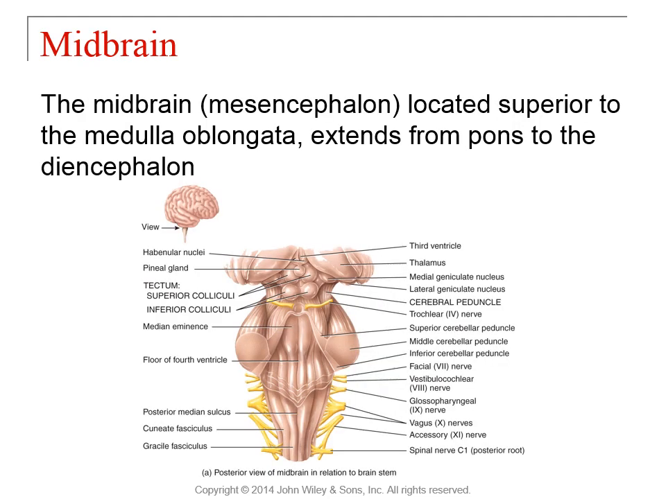So the midbrain, also known as the mesencephalon, is going to be just superior to the medulla oblongata and extend off of the pons through the diencephalon. So it's going to have a lot of different structures here. This one in particular, we're looking at the posterior portion through here. So we're going to have different areas such as the habenular nuclei. You're going to find portions of the thalamus through this area, as well as you look at the different tectum,